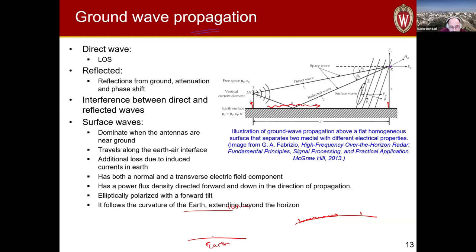Because I have to launch a wave towards that direction, and we tend to use, for practical reasons, antennas in the form of basic dipoles or basic loops quite a lot at these frequencies because the antennas tend to be pretty large. So one common type of antenna that is used quite a bit is a horizontal dipole antenna, right? This is a dipole that's horizontal with respect to Earth, and so that gives you horizontal polarization, but not necessarily